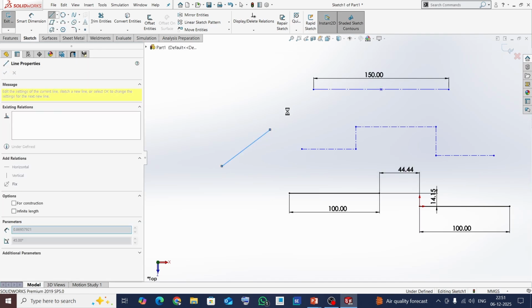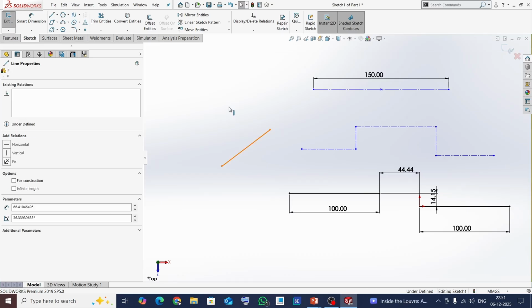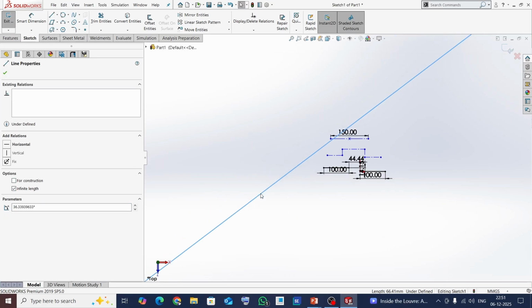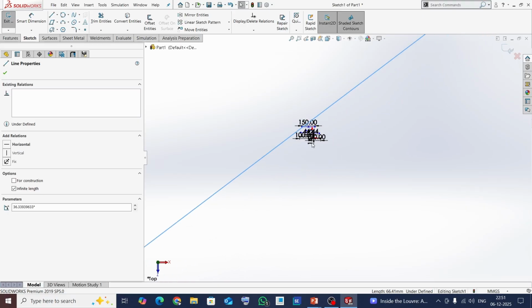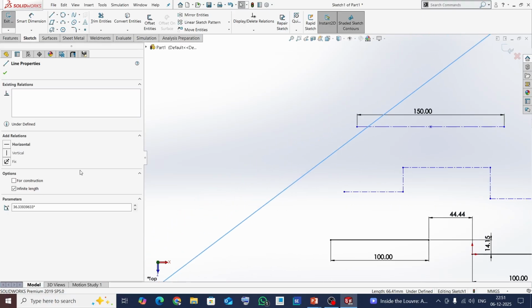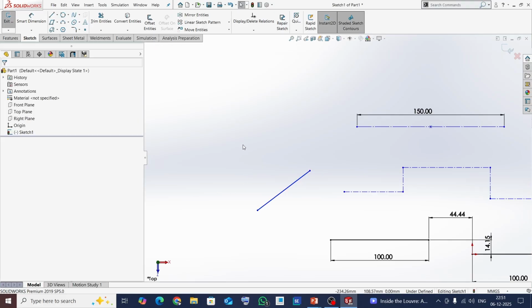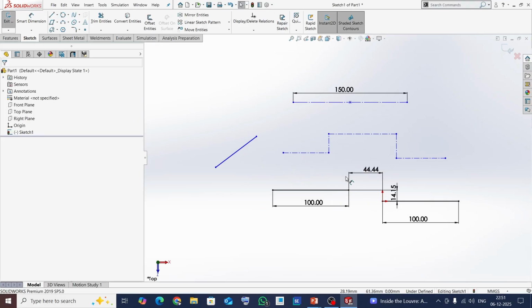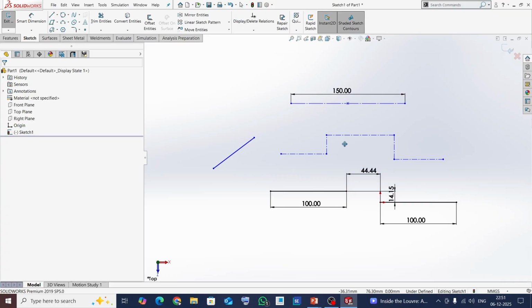Then one more line type is there, the infinite line. Just draw a line, any type of line you can draw, and select the line and click here on infinite line, so that it will be extended infinitely on both sides. So this is the infinite line. So these are the line types. Moving next